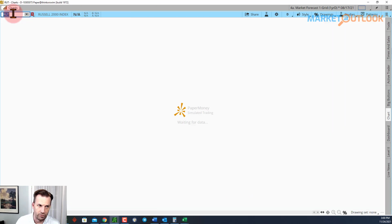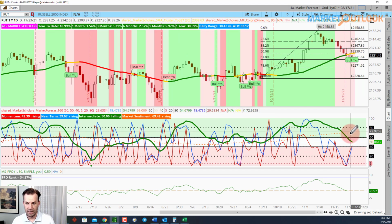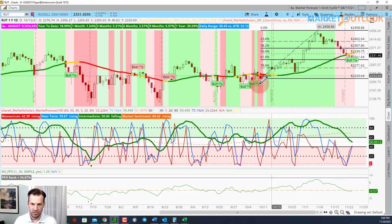And then you look at the Russell 2000, and you can see its intermediate line is in neutral territory. It crossed below its market sentiment a few days ago. It's well below its 23% retracement. Even if you were,